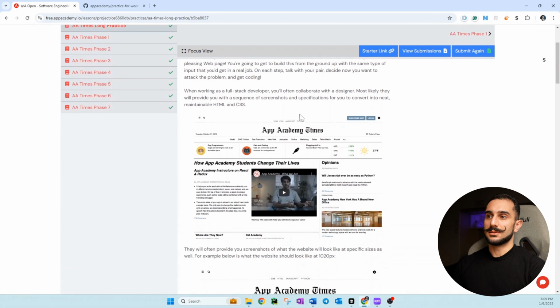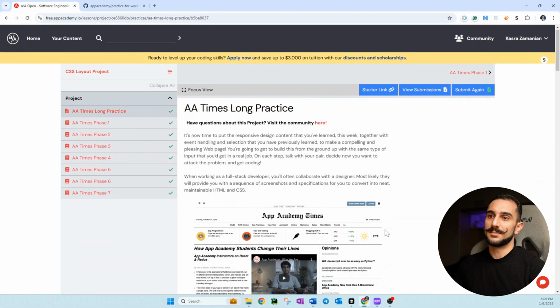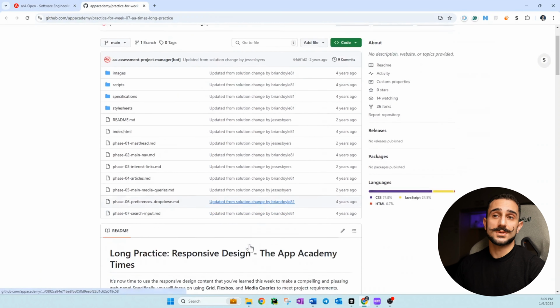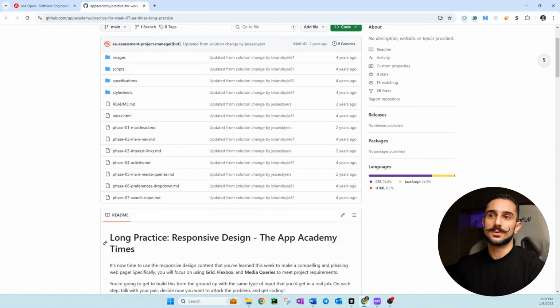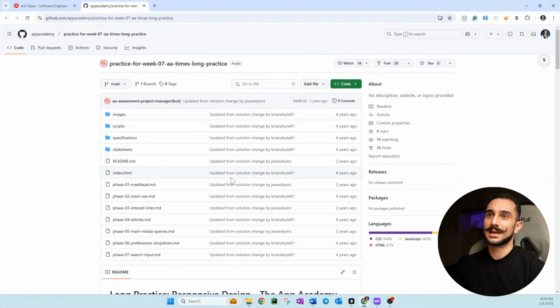It's to recreate this web page, as they call it, App Academy Times, which if you're a beginner, could take you days, if not weeks, provided that you spend 2 hours, 3 hours per day, especially because it starts from a blank page. The only material that you get is their GitHub, which gives you the structure, but the code is empty. Like basically there is no code. You need to hardcode or copy paste it and recreate the whole page from zero.